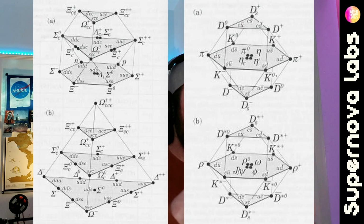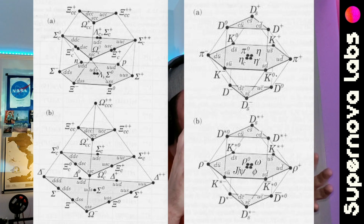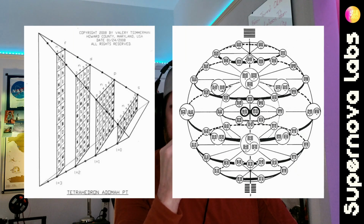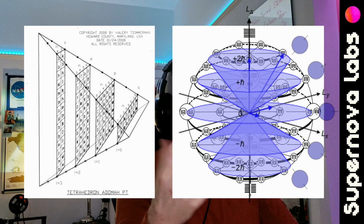Now, you can go a step further with this, like with all the quantum numbers. If you look at the eightfold way for cataloguing all of the different particles that come out of the various particle accelerators, linear and circular, like CERN, for example, they form this hyperdimensional geometric structure, and each of the particles forms a node on that structure. So my question becomes, is there a way of approaching the geometry in physical space, but also, is there a way of approaching this in hyperdimensional space as well,